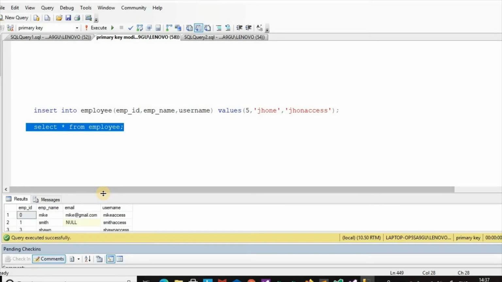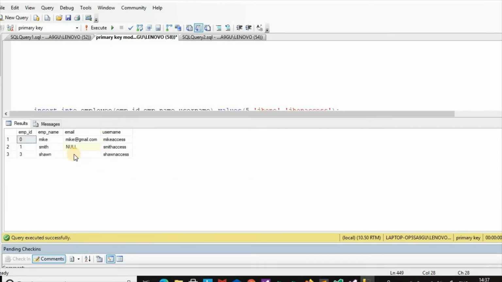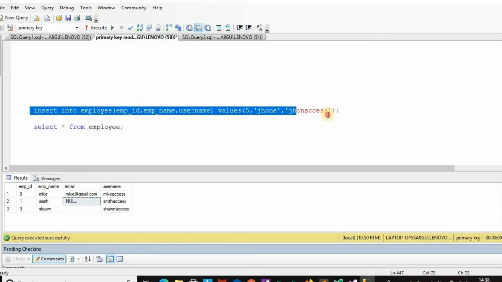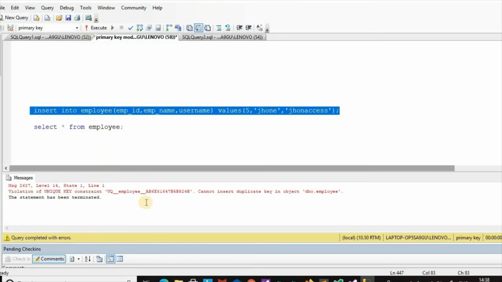Because there is already one null, and here a null is going in because there is no value. So one null and another null become a duplicate. It is not giving a message about not allowing null; it is giving the message cannot insert duplicate key in object.